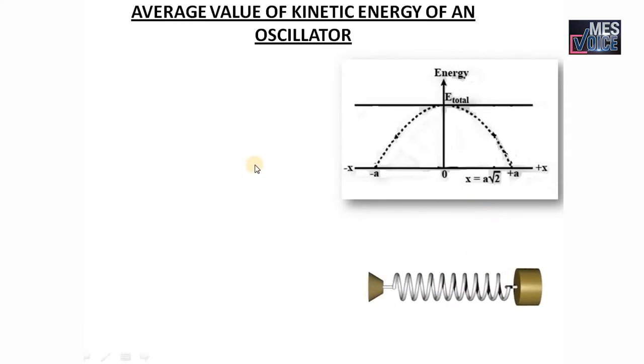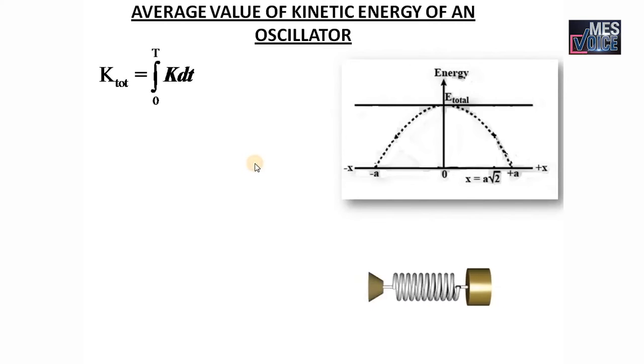So let us see how that is done, how mathematically that is done. First what we will do, we will find the total kinetic energy possessed by the oscillator, because every instant it is changing. So we add up every instantaneous value. Adding up is done by the process of integration. So that is the integral of K dt, where K is the instantaneous kinetic energy. Understand? So every instant K of t is multiplied with dt, taking the complete period, that means 0 to T.